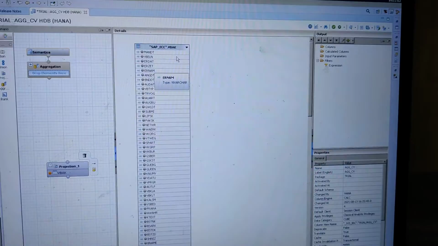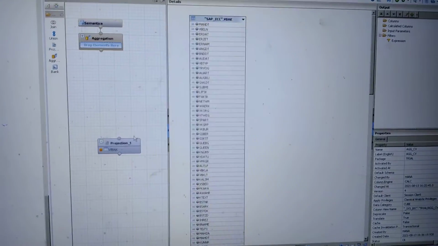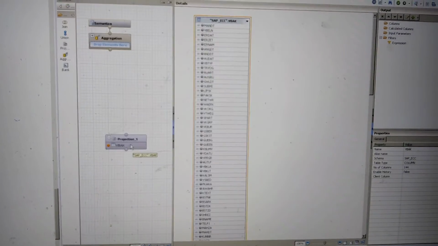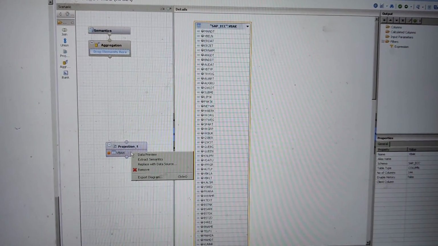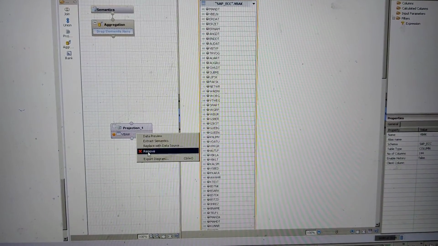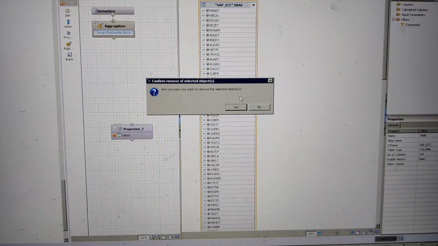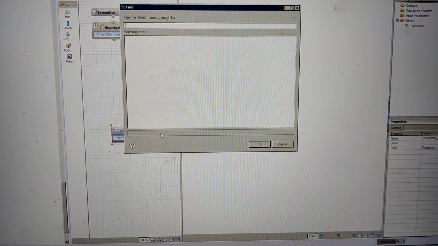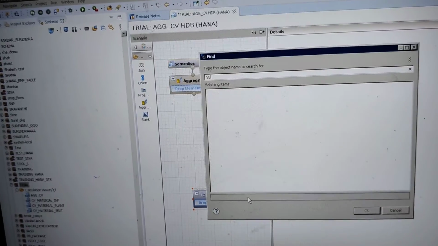Oh, I think there is no description type. Okay, what shall we do is remove this. Okay, again add. Now VBAK.